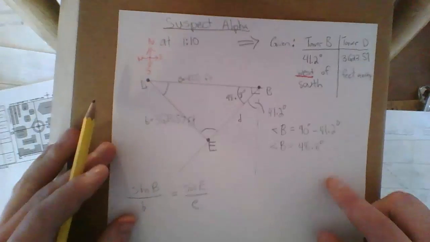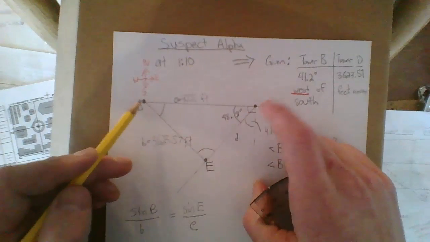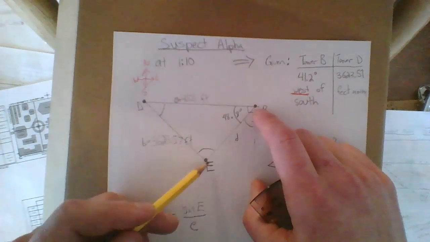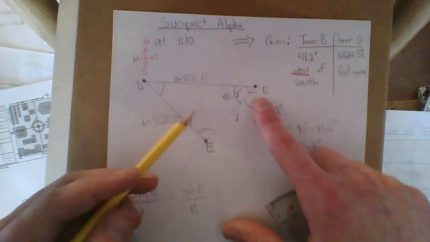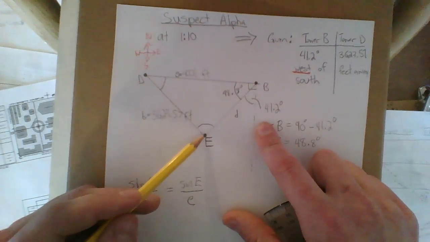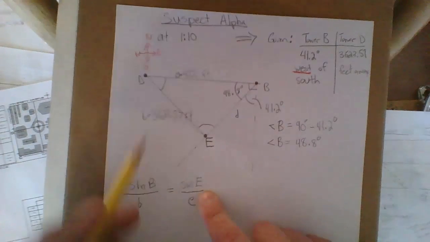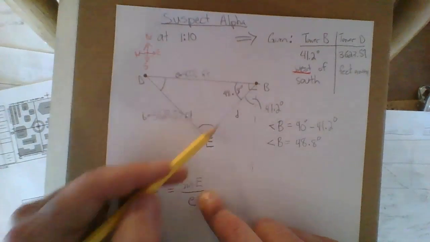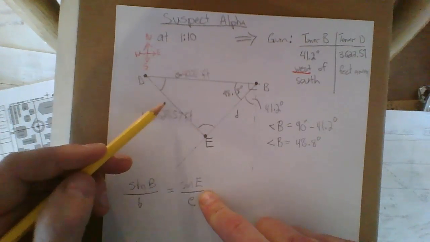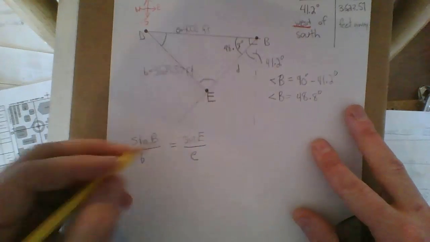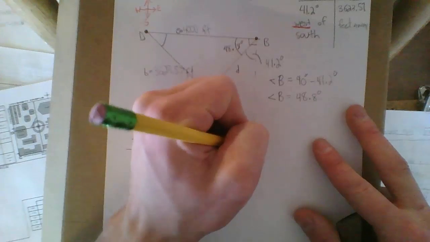Remember from the last video, we need two angles from two different towers to determine the position of the cell phone, which I've labeled as big E. Okay, so let's find that angle E so we can use the sum of all the angles in the triangle to get angle D. Alright, so isolating for sine of E first, I will have sine E